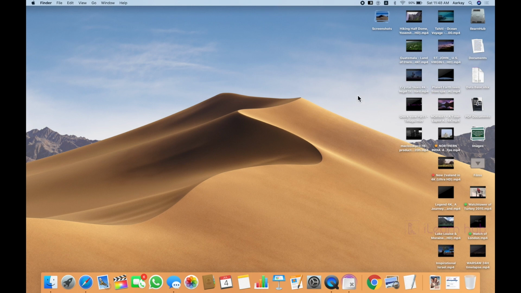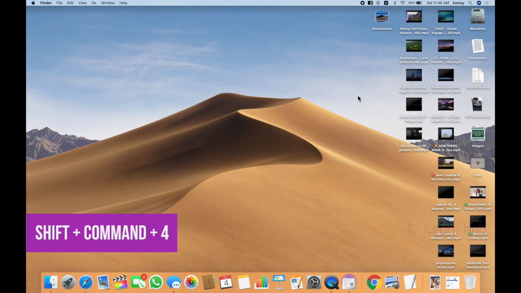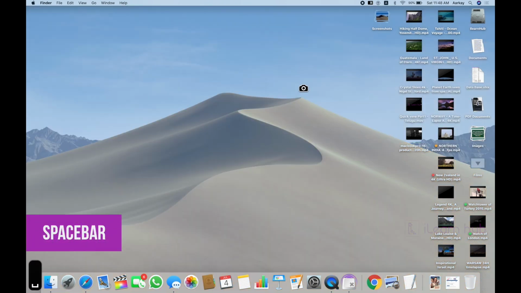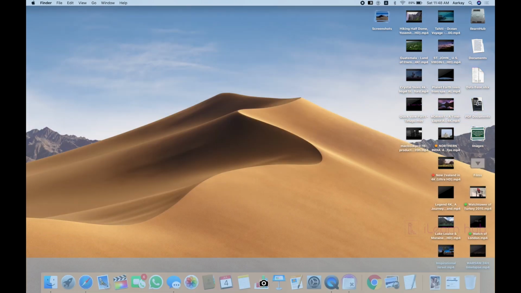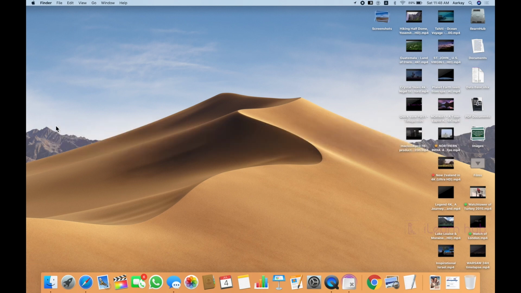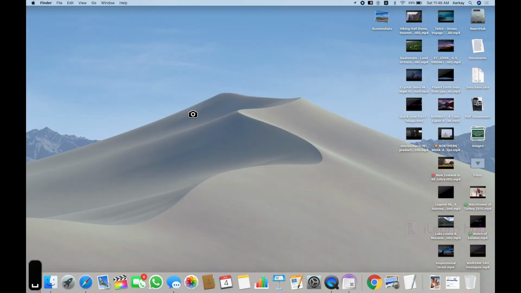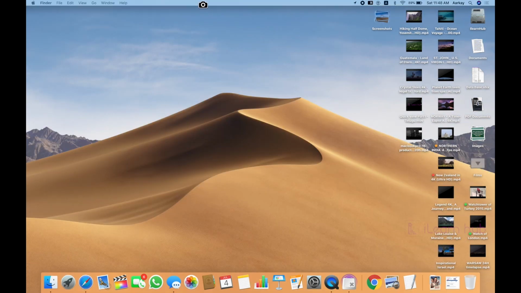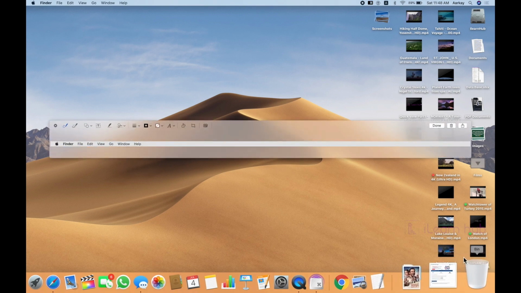Okay, now can I do it in a different way? So Shift Command 4, spacebar. Okay, I'll come down towards my dock and then click. You will get only the dock, that means only the dock along with the icons, whatever is there. So similarly, can I take a screenshot of my menu bar? Shift Command 4, spacebar, and then go to the top of your menu bar, click, and then you will see only the menu bar once again here.